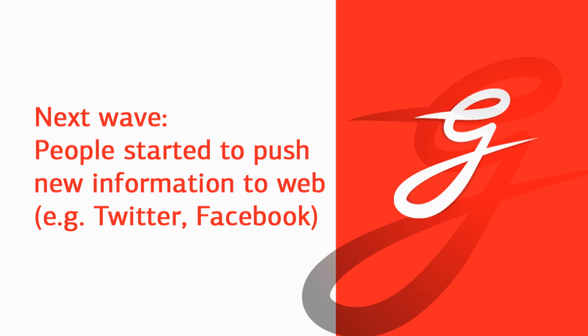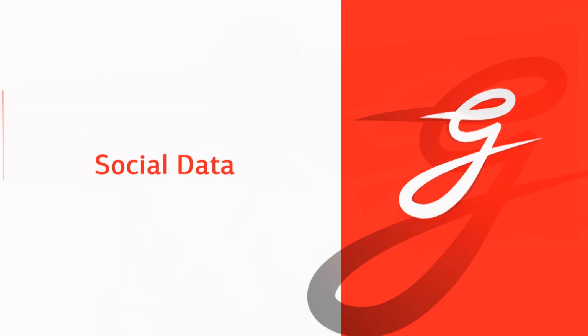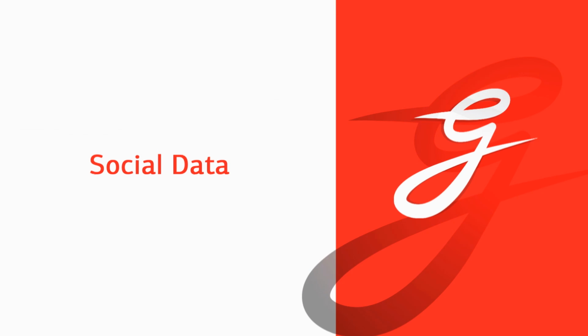For example, in Twitter or in Facebook, they're typing that I'm currently happy, or I'm hungry, I want to go out tonight, or something like that. And you can actually use all that data, for which the term social data is used, and put that together with everything else to find patterns or insights or sentiments from that data.